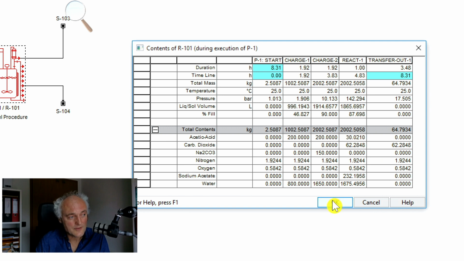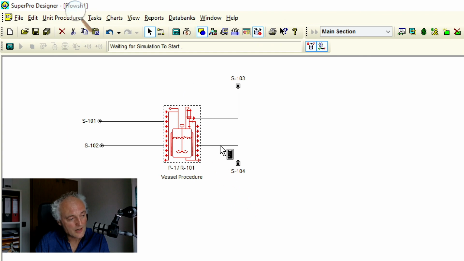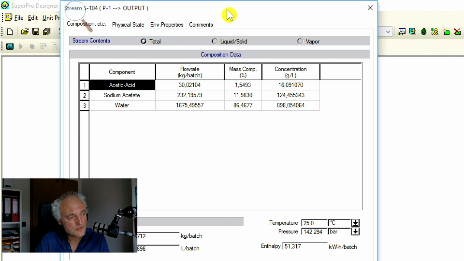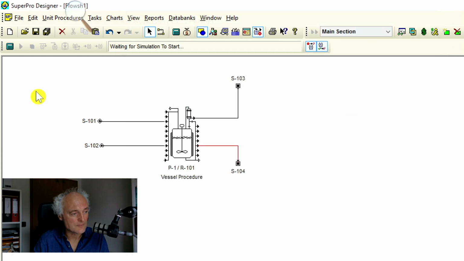And if you look now, this is the content of R1. What I can also do is I can double click now on this stream here, and then I have the stream content after the reaction happening. So this transfer out automatically puts that now in this output stream. Of course, usually I would then have a downstream operation, that's clear. But you see that this is then exactly the composition of my output stream. I have 30 kilogram acetic acid. Of course, I have no sodium carbonate because this is not in the stream. I have sodium acetate and I have water. And you see in this stream, I have only stuff which is liquid. There is no gas in this stream. Okay,